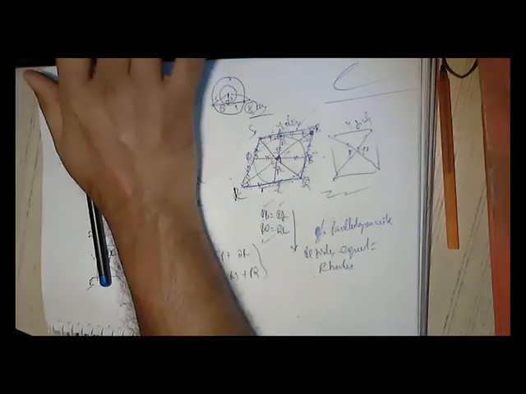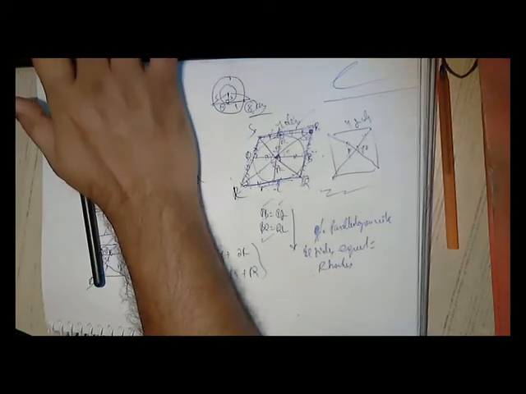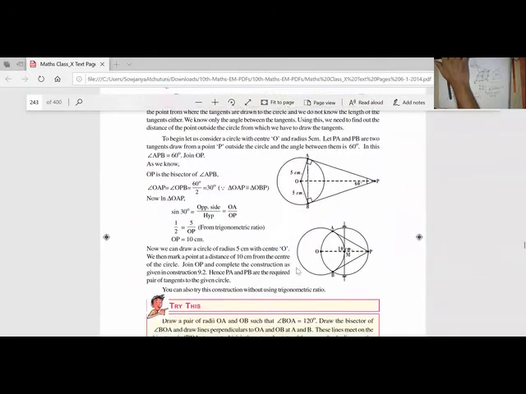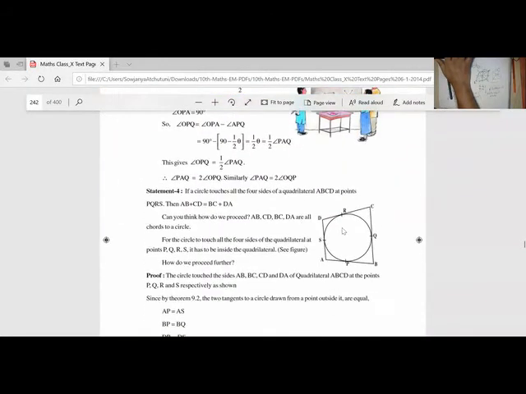You have seen this earlier. See this. Let me share this. This is for any polygon. If a circle touches all 4 sides of any polygon, a quadrilateral, then the sum of opposite sides are equal. AB plus CD is equal to BC plus DA. This we have already done. That means what? This plus this is equal to this plus this. That means, being a parallelogram, opposite sides are equal for our problem. So all 4 sides are equal. Okay.